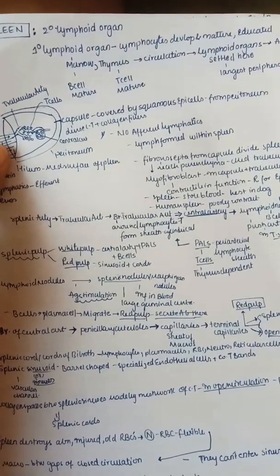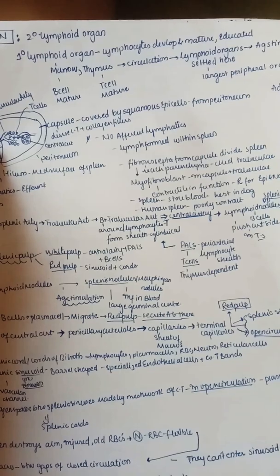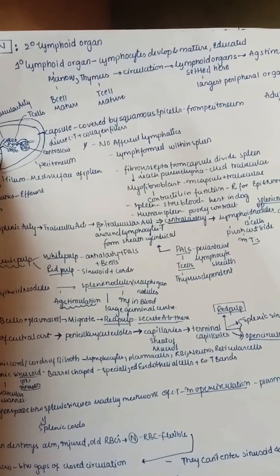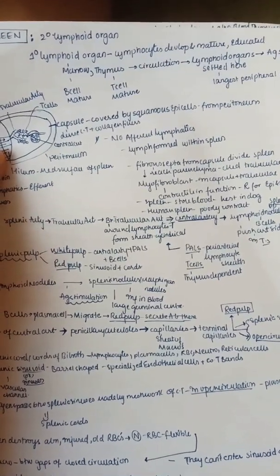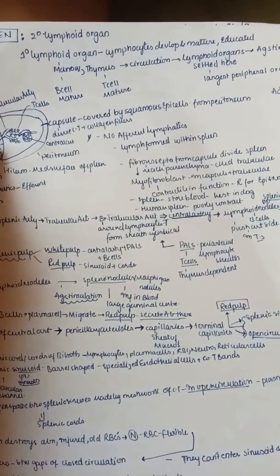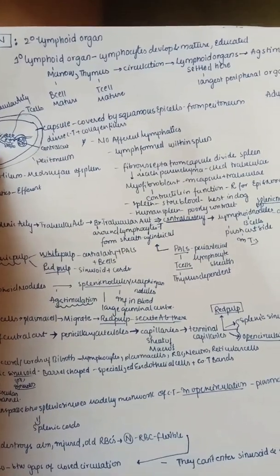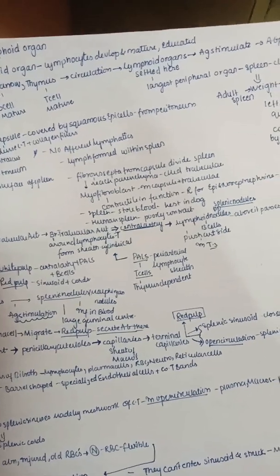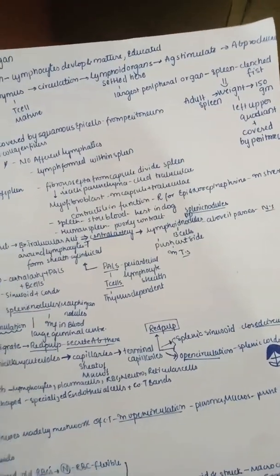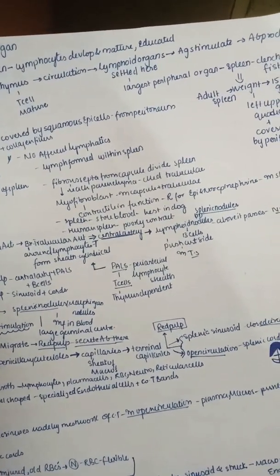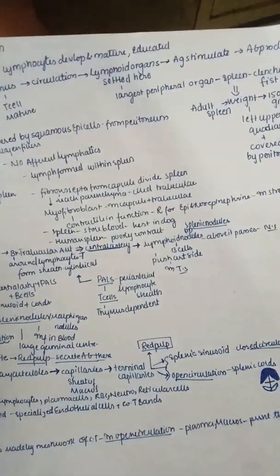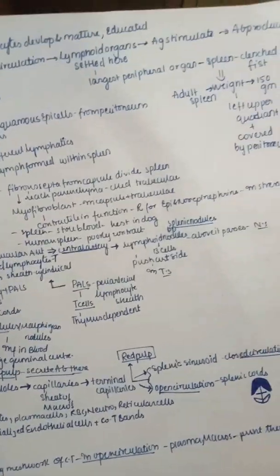The spleen histology. The spleen is a secondary lymphoid organ, and the primary lymphoid organs are where lymphocytes develop and mature, and are also educated, that is our bone marrow and also the thymus. We know bone marrow mainly produces B cells, and B cells mature there, and in the thymus T cells mature, and they reach the circulation. From there the lymphoid organs are settled, and the largest peripheral organ is nothing but the spleen. When lymphocytes settle there, the antigen stimulates them and antibodies are produced against this antigen.